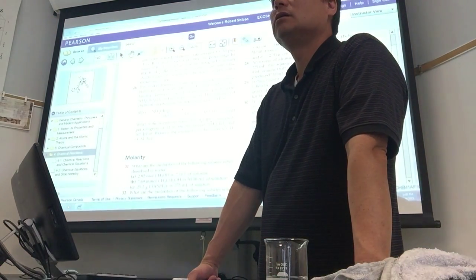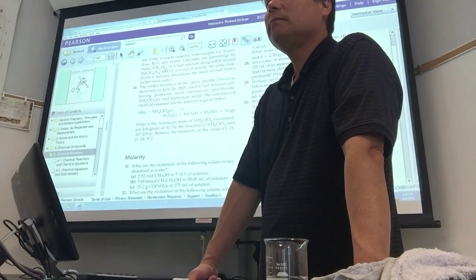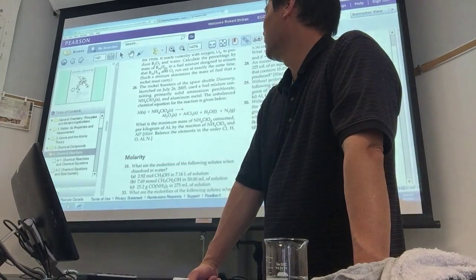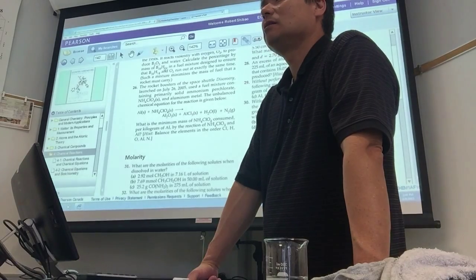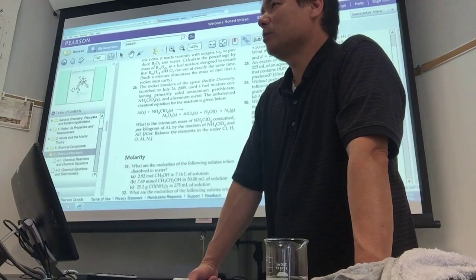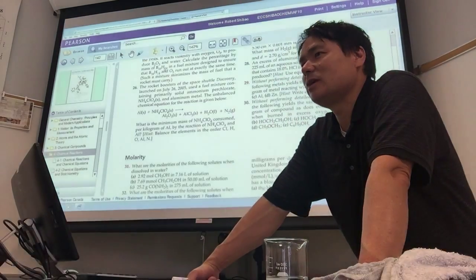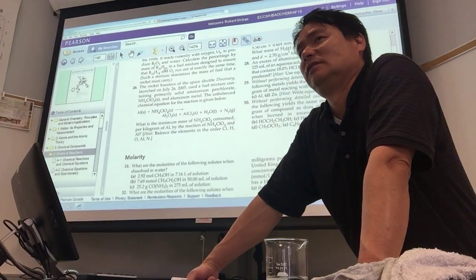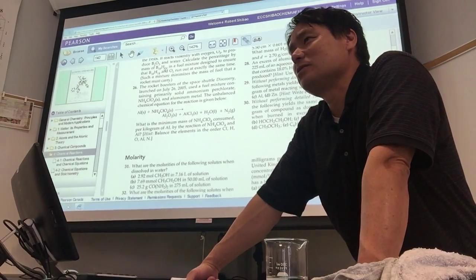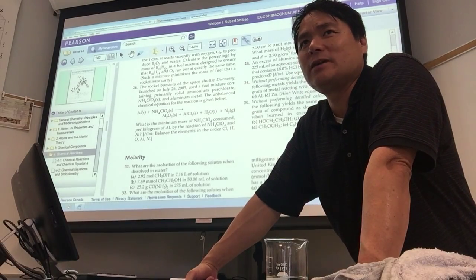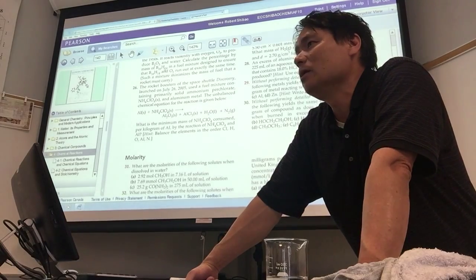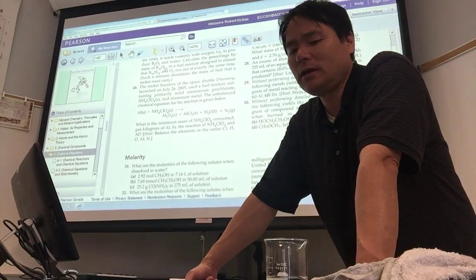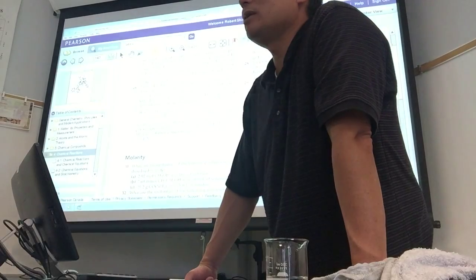NH4ClO4 is called ammonium perchlorate. Good. Would you be able to predict those products? Is that a single replacement reaction? Double replacement? What kind of reaction is that? It looks like a single replacement, but do those products look like the single replacement pattern, A plus BX? No, not at all. And so although you'd like to be able to predict everything theoretically,